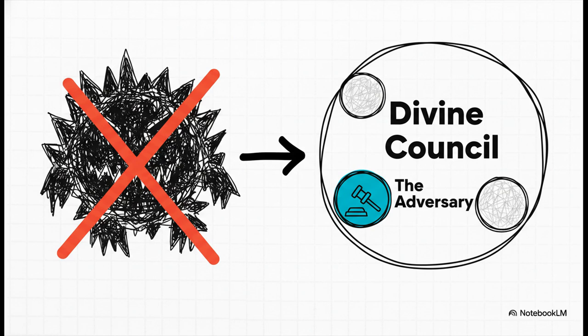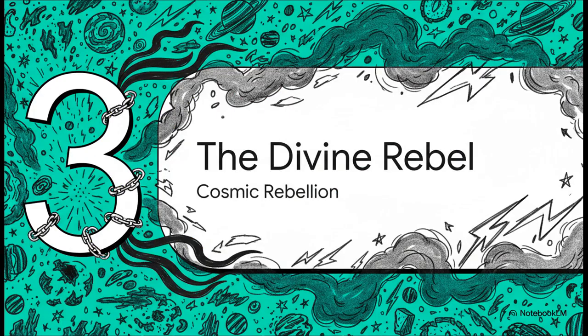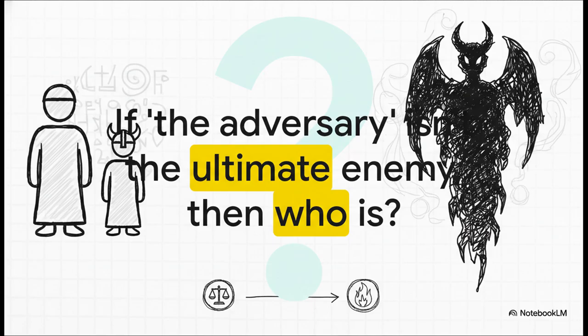The figure in the book of Job isn't some rogue enemy of God. He is the adversary, an actual member of God's own heavenly council, doing a job he's supposed to be doing. He's part of the system, not some rebel trying to burn it all down. But wait, that's only one piece of the puzzle. Because while the heavenly court had its official prosecutor, the Bible also tells another, much darker story, a story about cosmic rebellion. I mean, this is the next logical question, isn't it? If the adversary is just a job title for a heavenly official, then where in the world did we get the idea of the ultimate cosmic bad guy?